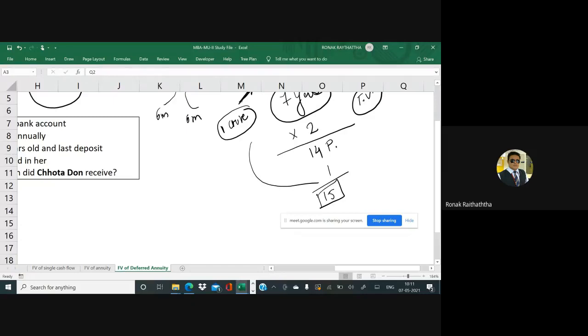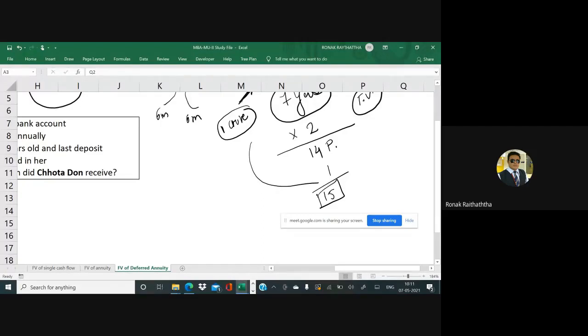Please do not forget to take the second part of the 5th year. In the second part of the 5th year, Mr. Dhoni is again investing 1 crore. Whether it is at the beginning or at the end, that does not matter. If it is at the beginning, then we would take the formula of annuity due, and if it is at the end, we would take the formula of the ordinary annuity. But he is investing. You cannot ignore that period. So the total number of periods is going to be 15, and that's where, my friend, everyone makes the mistake.